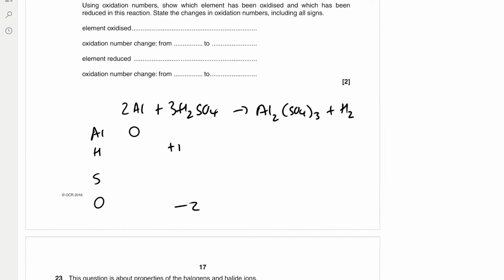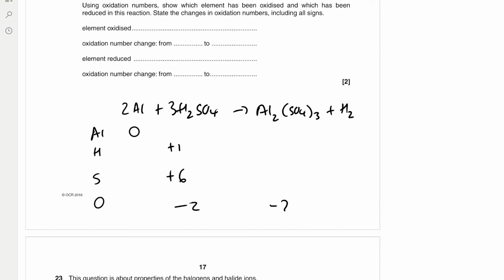So -2 times 4 is -8. If we add 2 onto that for the hydrogens, that's -6. So that means the oxidation number of our sulfur is +6. And then we need to find our oxidation numbers in